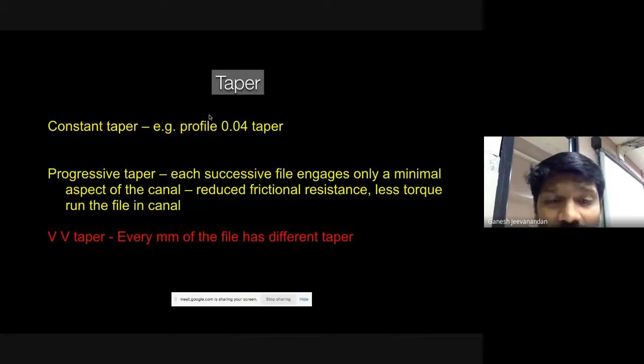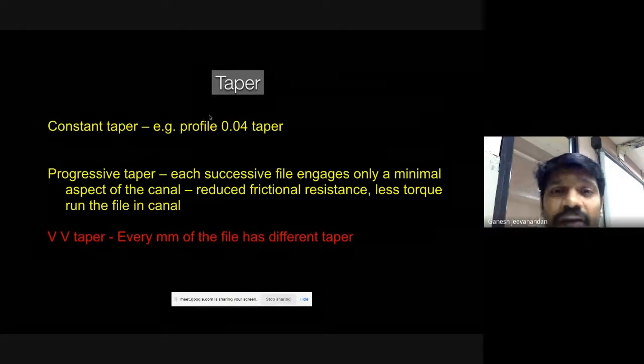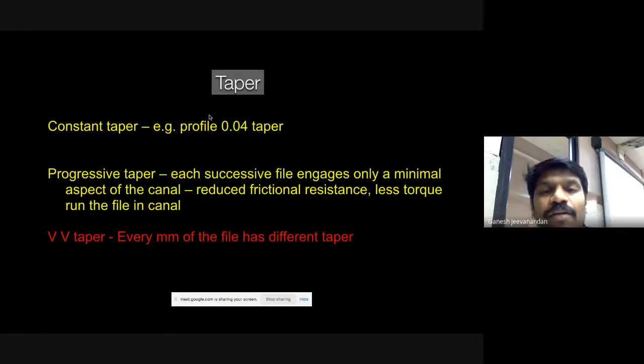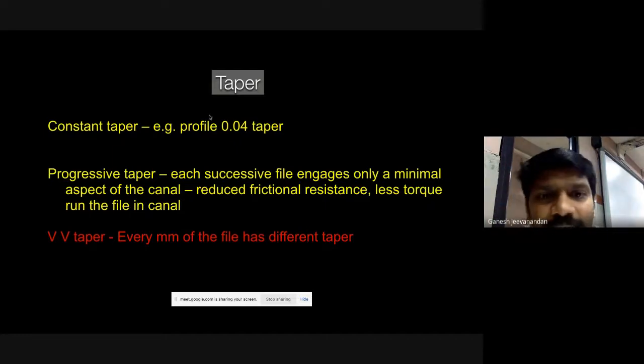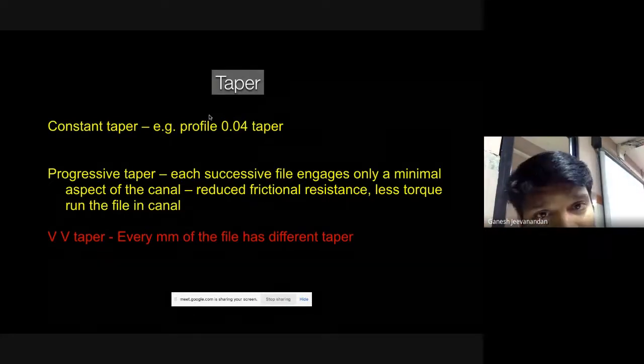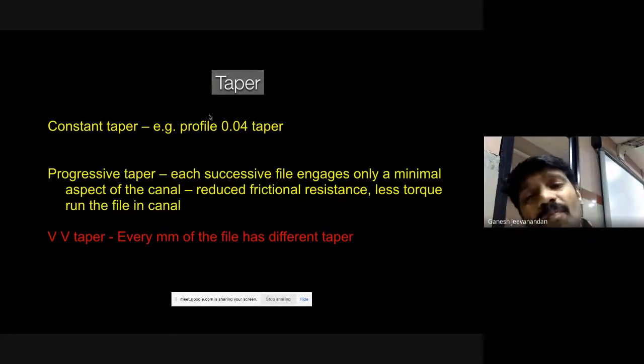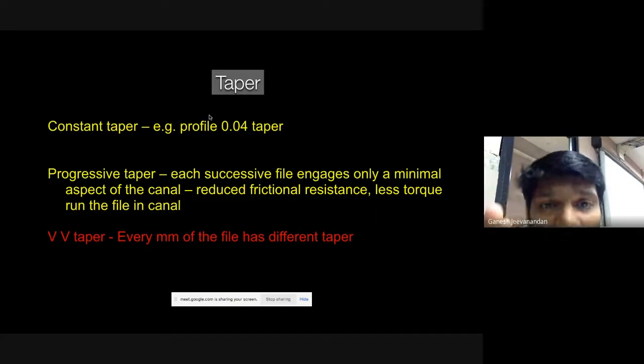Your endodontist, the endo staff, can take a 2% K file and ask you what the taper of this file is. You will say 2% taper. What do you mean by 2% taper? Every millimeter of the file increases by 2%, that is 0.02. That is the K file. Or you will have rotary files which have 4% taper, which means every millimeter of the file will increase by 0.04.